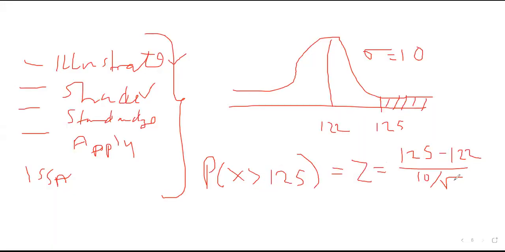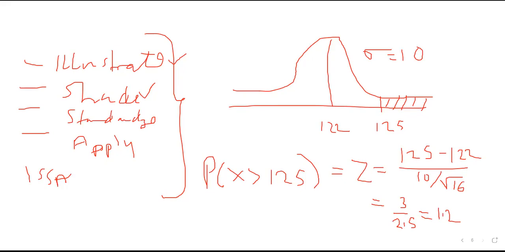So square root of 16. So 4, 2.5, and 125 minus 122, we get what? 3. 3 divided by 2.5. Divide that. We get our Z value, 1.2. All right. So after you get the 1.2,